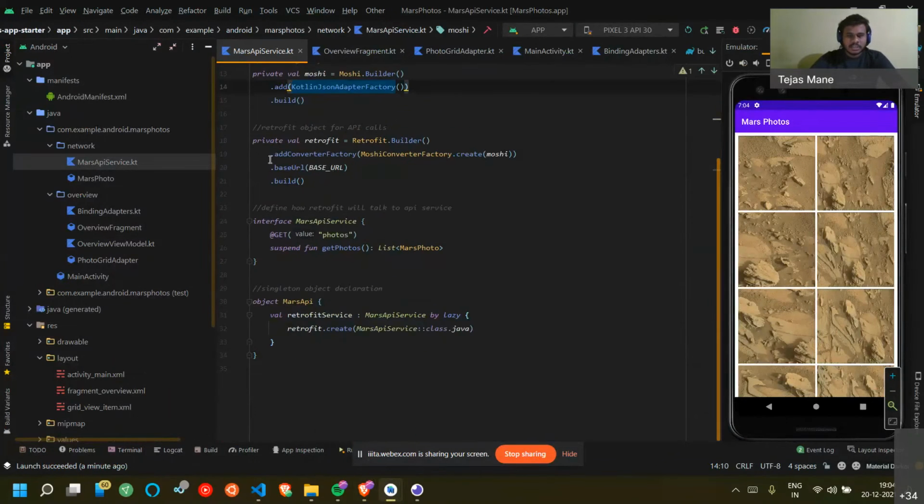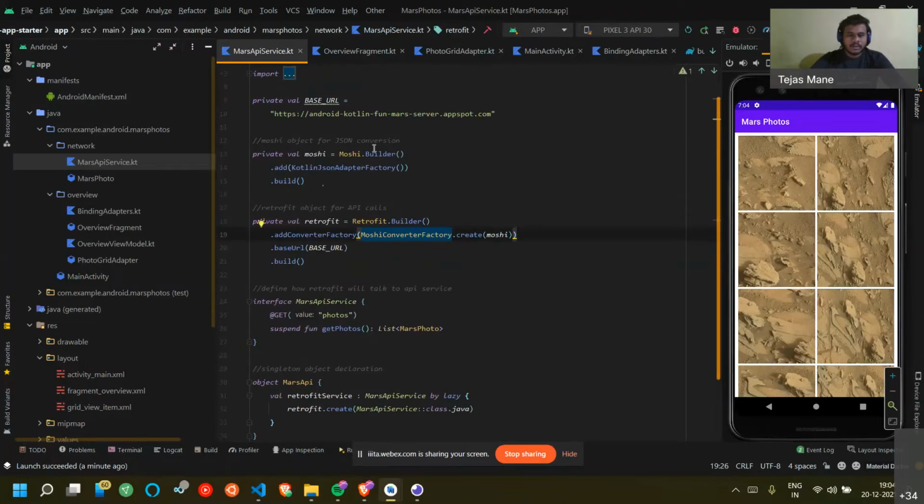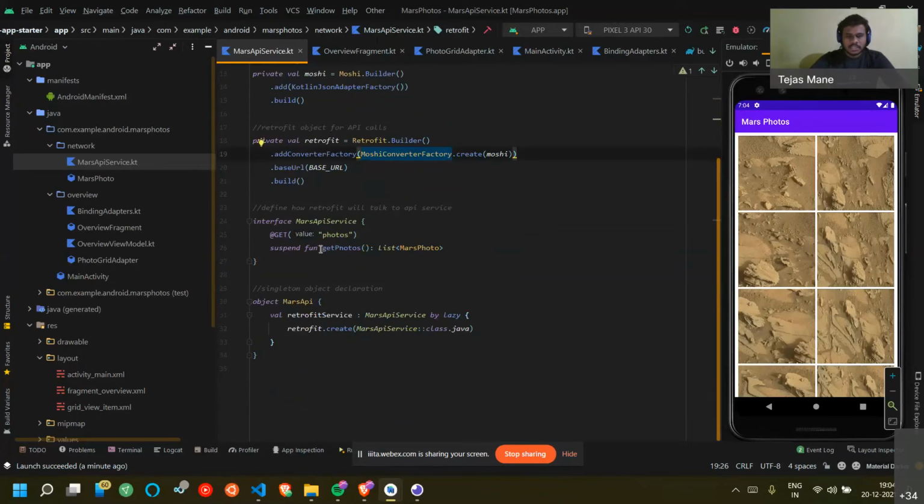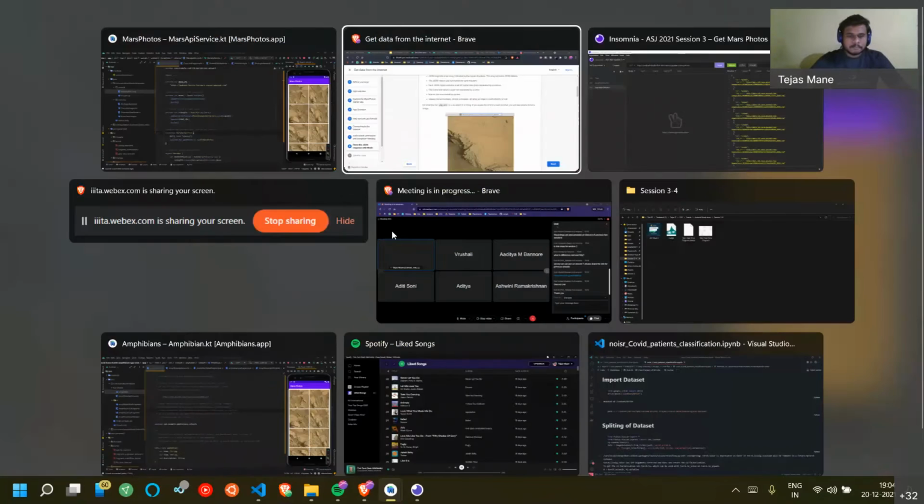And you can see the converter factory is added to the retrofit object. So retrofit can convert the incoming response from the server to the object as described here. So basically this will convert the response into a list of Mars photos. So we can use this in our app.